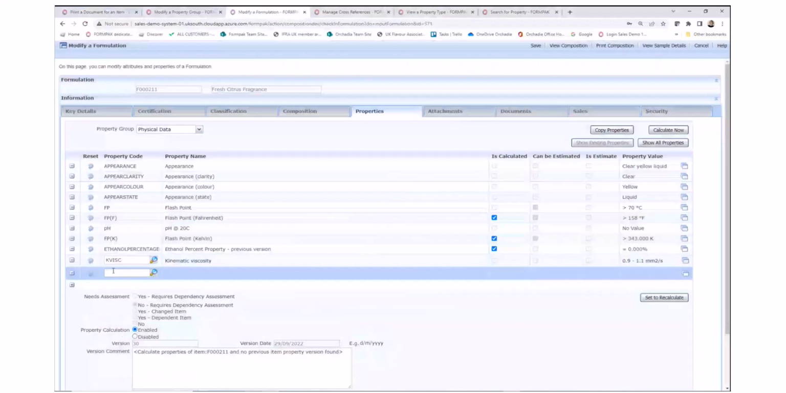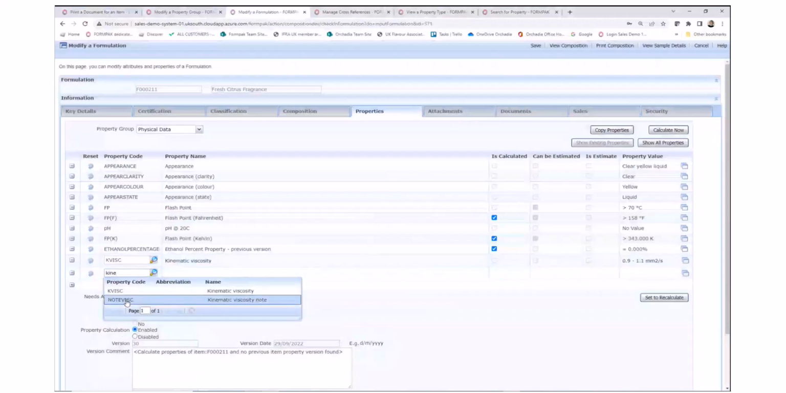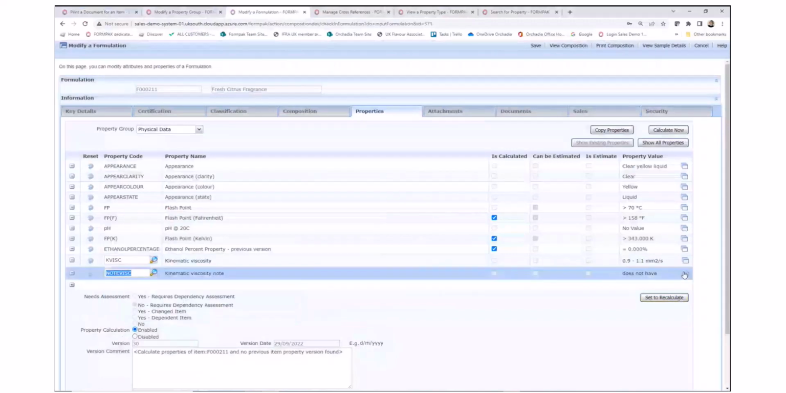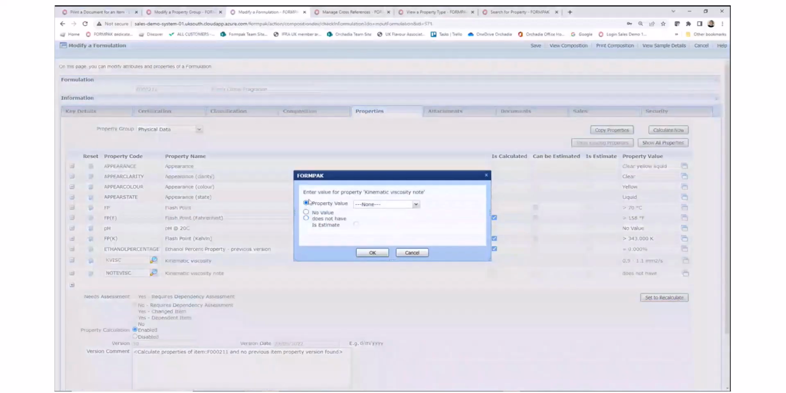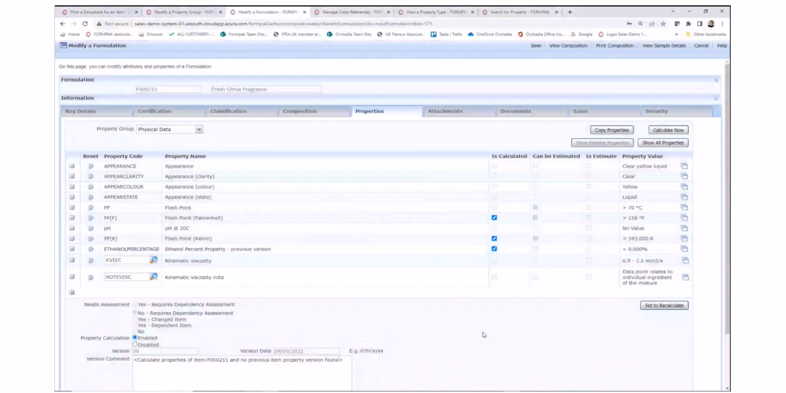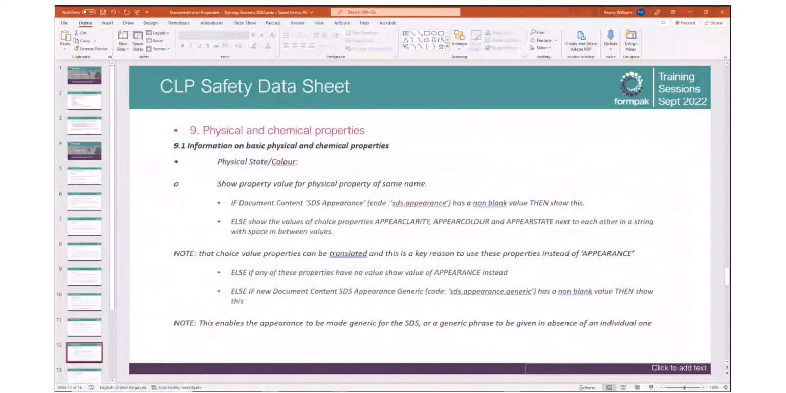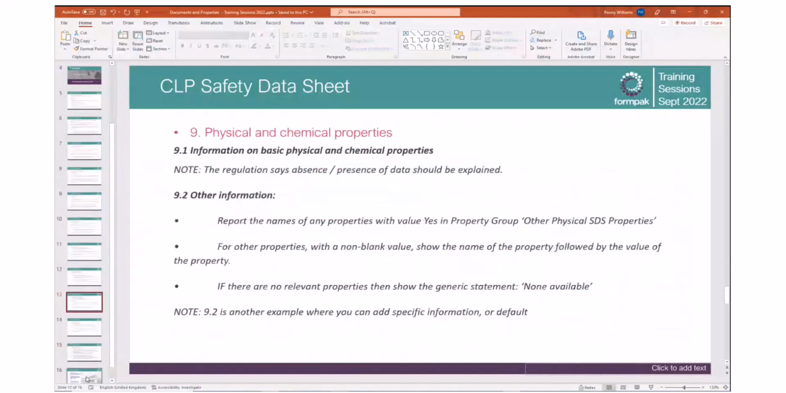So what I'm going to do is put a note about it. So the note about the kinematic viscosity, and I'm going to say that the data point relates to an individual ingredient of the mixture. What I'm also going to do is put a note about the whole thing. So just popping back to here, we can add